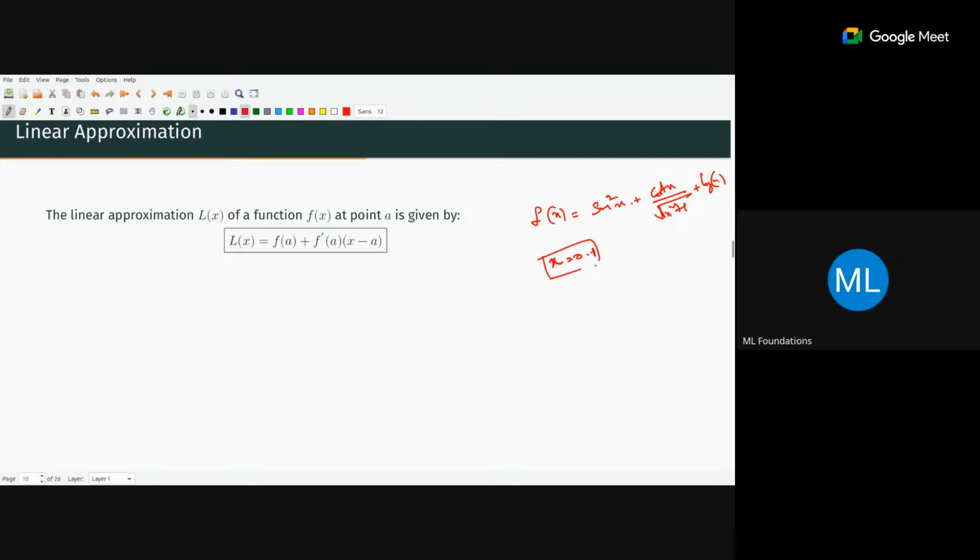So how much effort can you put into this particular function to compute the value accurately? Or if you are okay with a slightly small error, say some 5% error in the function value, and if you can do it in a simpler way, then we are okay to take that.